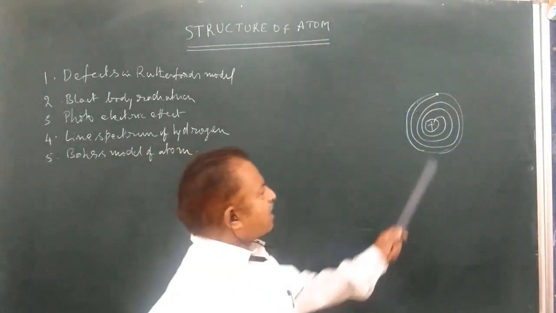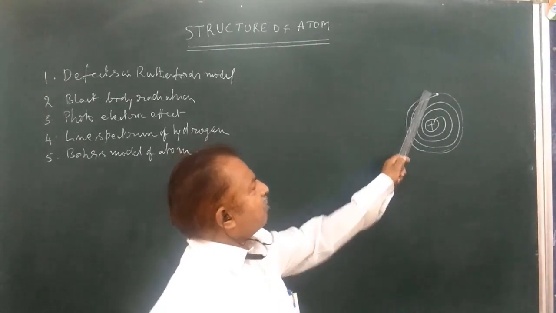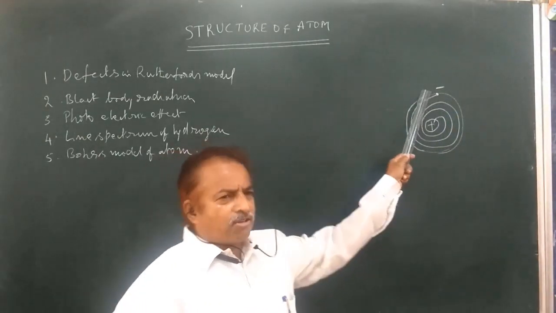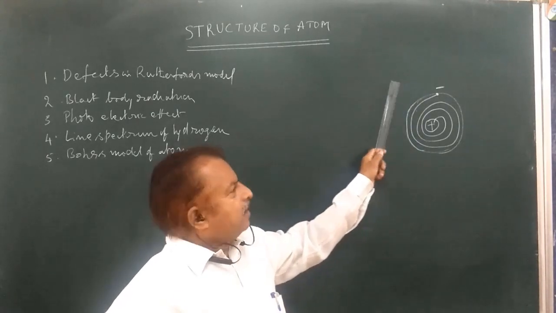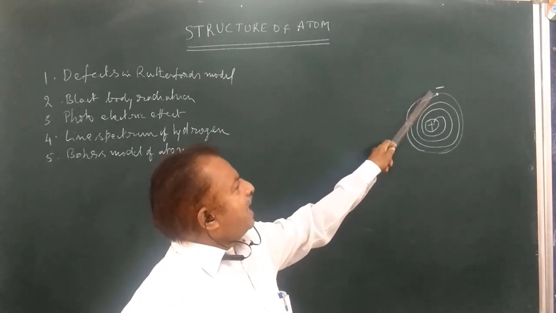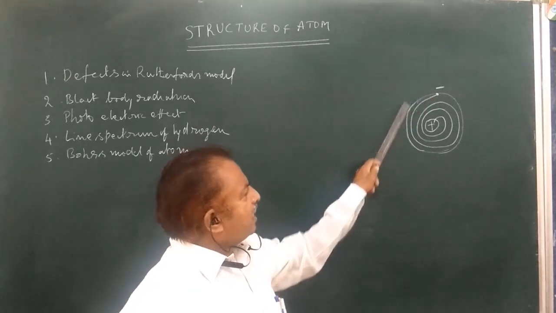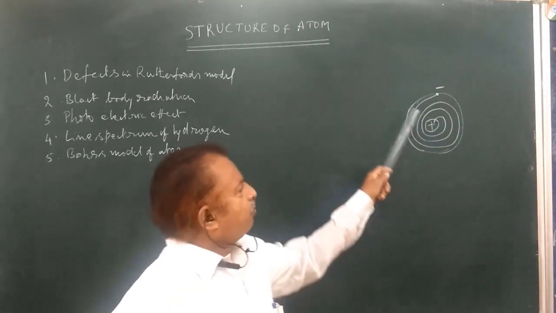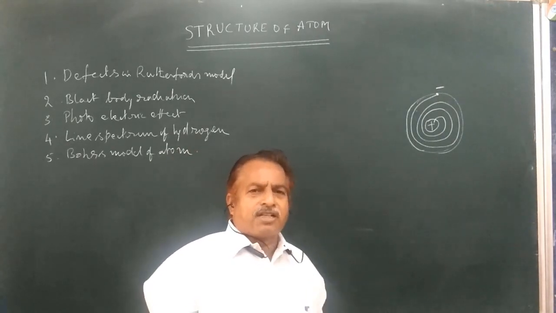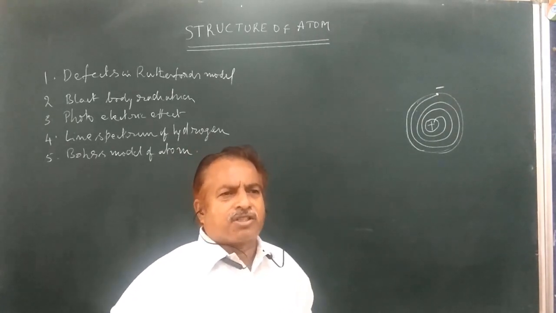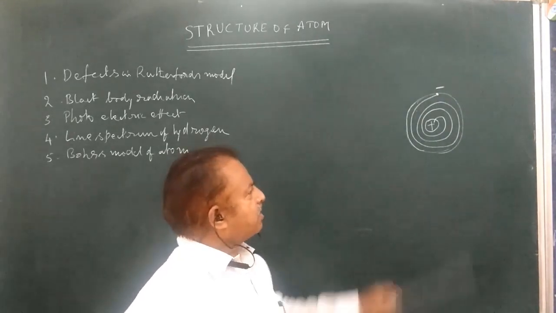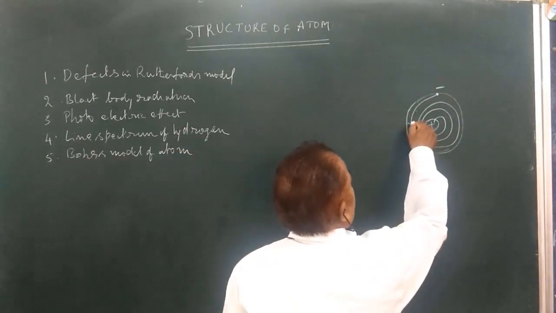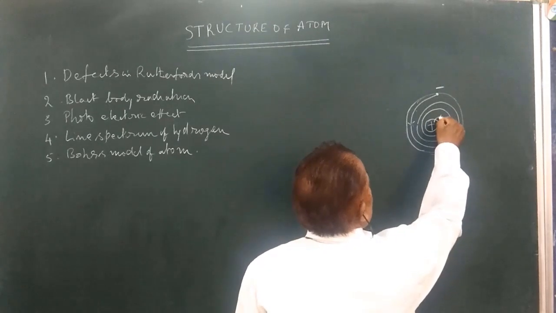So here, as per the electromagnetic theory, the negatively charged electron is under acceleration. Therefore, this accelerated charged particle, as it revolves around the fixed point, loses energy continuously. As it loses energy continuously, it falls within the attractive force of the nucleus, revolves like a spiral spring, and finally it falls into the nucleus.